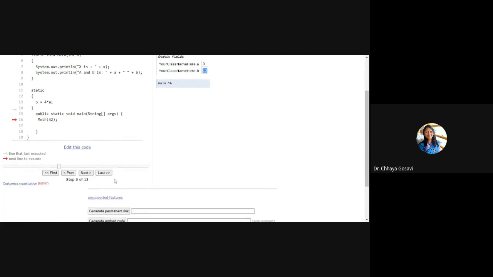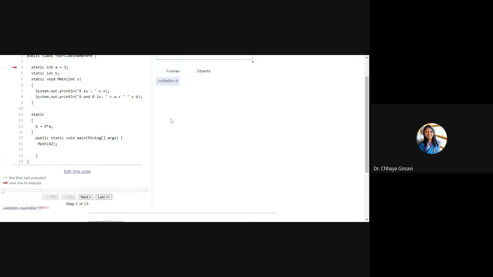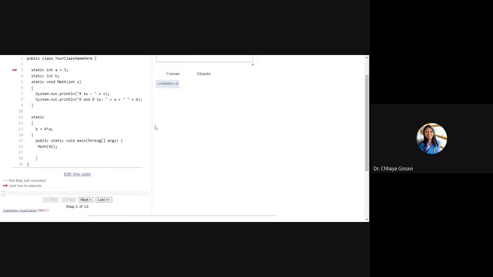Okay, let me visualize this again. Go back here. Whenever you start executing code, first it will look at the static keyword and allocate memory to that. So first it will initialize at line number 3, then 13.